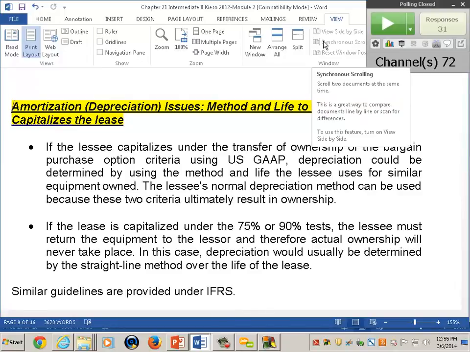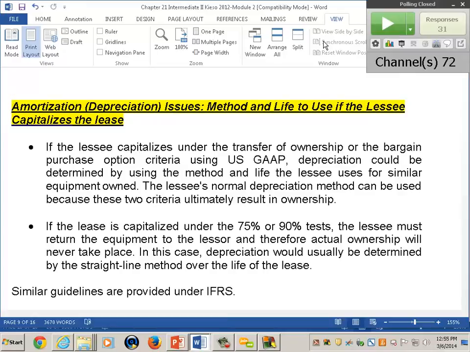And that's going to depend, for the lessee, on the criteria. And again, it should be very logical. I think it would be logical on page 9. If you capitalize using transfer of ownership and bargain purchase option, you're going to own the asset, correct? And if you're going to own the asset, I'm going to give you title, or you can buy it at a bargain. I know you're going to take it. Then you can use any useful life you want and any method you want. So if you're the lessee and you're going to get title either through a transfer of ownership or a bargain purchase option, you can use whatever method you want and whatever life you want.